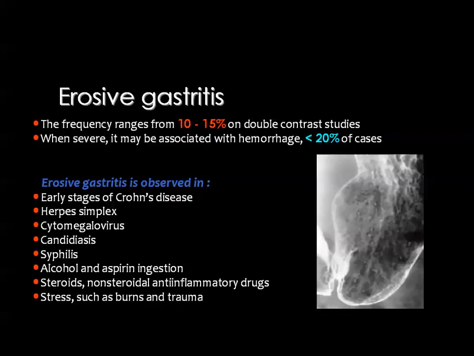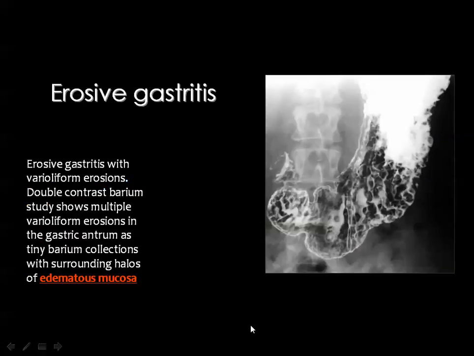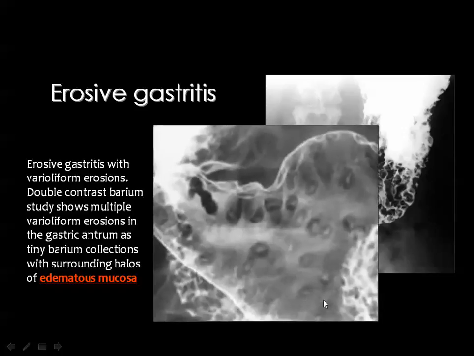Then if you look carefully, you can see some flakes of barium within the mucosa, and these flakes of barium are surrounded by a radiolucent halo, what we call the halo sign. This is the classic appearance of gastric erosions or erosive gastritis. As you can see here, this is the site of the ulcer, and the radiolucent rim represents the surrounding halo